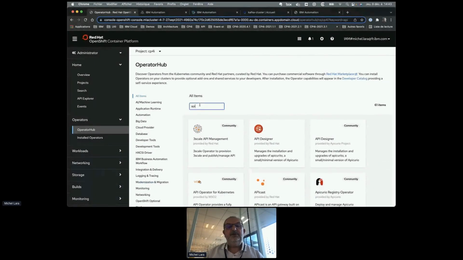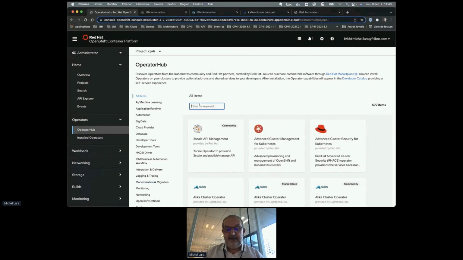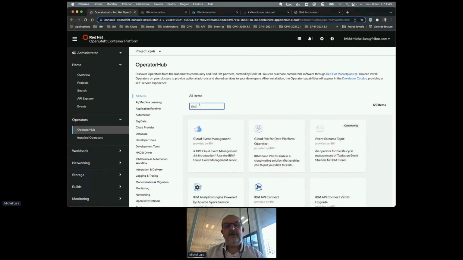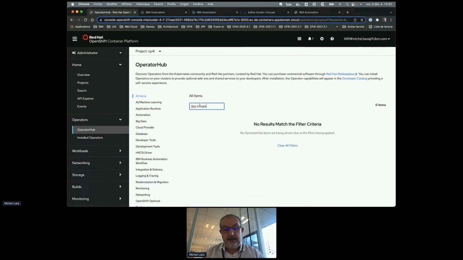And also, to have all these capabilities together, we have a meta operator, the IBM Integration Pack.